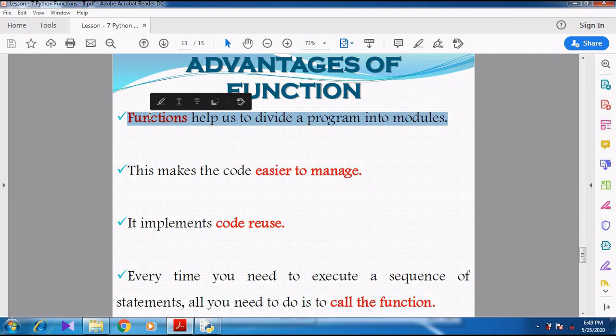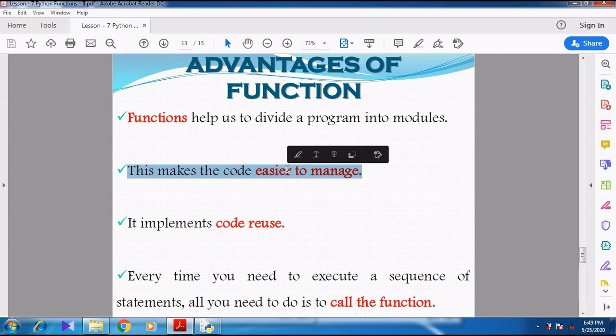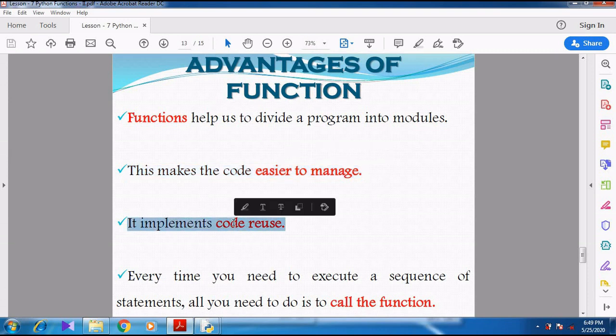For example, if I do an addition process using one function, subtraction using another function, multiplication using another function, all the processes are split so that the program is divided into one or more functions.